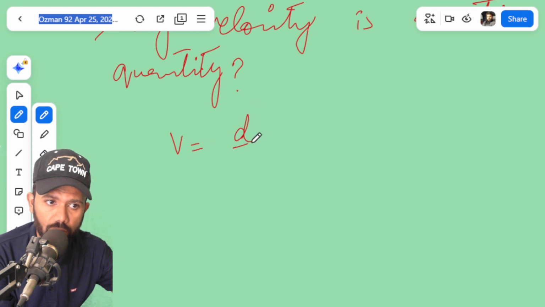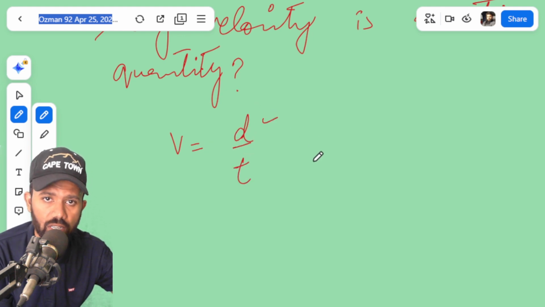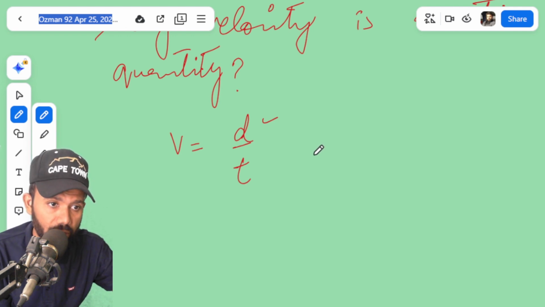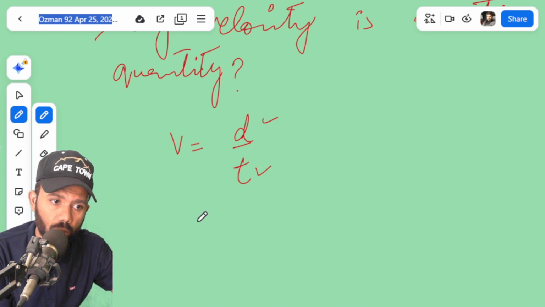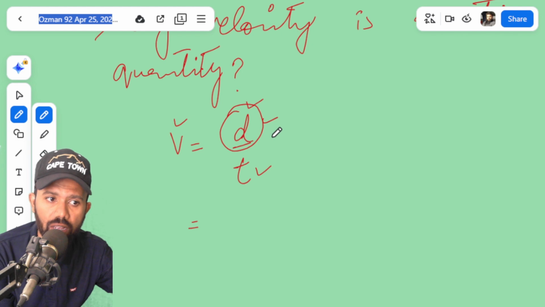V is equal to d over t. D is displacement, which is unidirectional, and of course a unidirectional quantity is a vector quantity, and time is a scalar quantity. So we have the main quantity, displacement, which is a vector quantity, and velocity definitely depends on this vector quantity. So we say that velocity is also a vector quantity